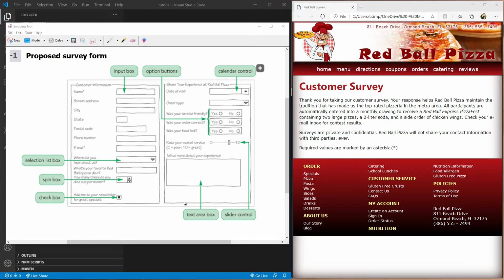So we have the left side that has the customer information, and then the right side that has the share your experience. We're going to be putting in some text boxes, some drop downs, some numbers. We're going to do some check boxes and radio buttons. We're going to have sliders, a text area, and a calendar control. So all of these things we're going to be building